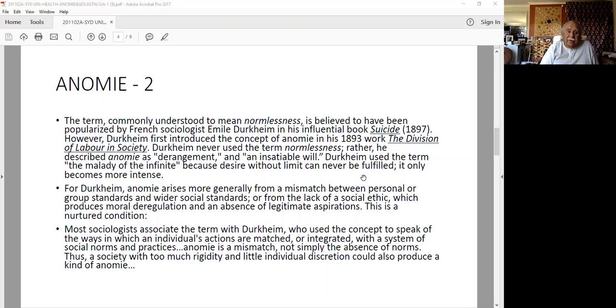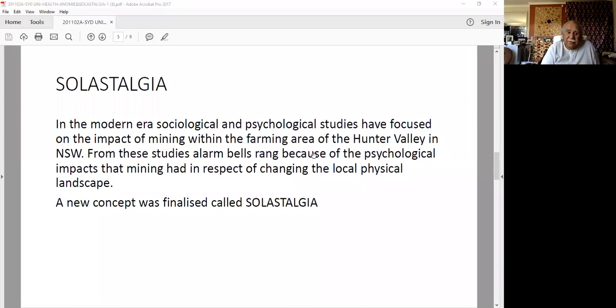Now, if we put up the next one, you begin to understand then some of the complications that occurred. Now, this is a word called solastalgia. It's a relatively new term in psychology, but it describes, in the modern era, sociological and psychological studies that have focused on the impact of mining,